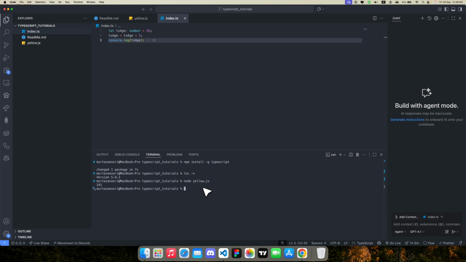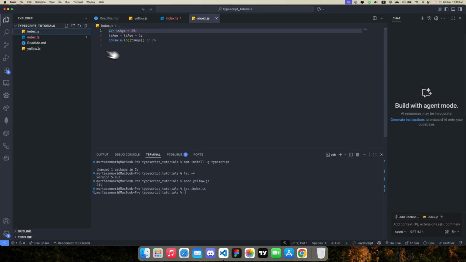To compile a TypeScript file, you have to type in TSC, which stands for TypeScript compiler, and then you have to give it your file name, which in this case, it's called index.ts. Now, what this is going to do is it's going to create a new JavaScript file for us. So I'll press enter. And as you guys can see, a new JavaScript file by the name of index.js has